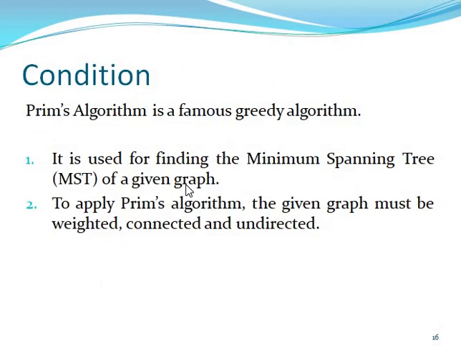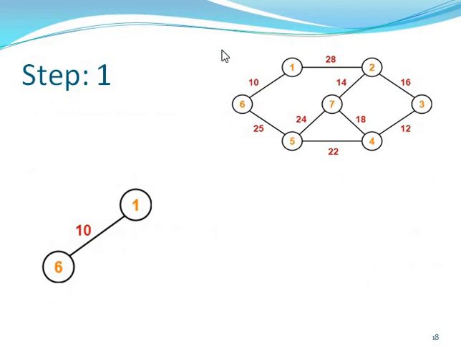And what is the condition? The condition is you can connect at any point, but then after that you choose the point which is minimum. Then you go in this direction or this path. Suppose you connect this point. Suppose here it is not 12 but 8. Then you can connect this point. Then you choose which path to follow. Then you follow this path. So this is the basic condition.